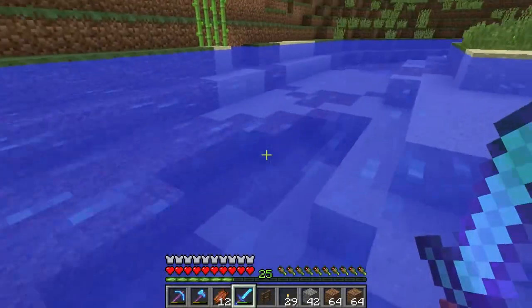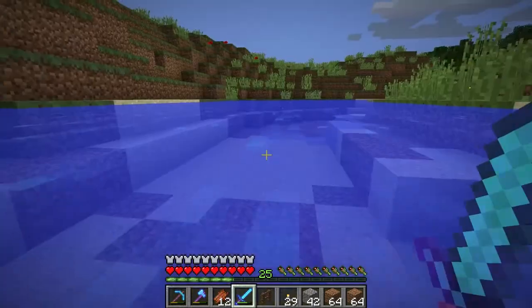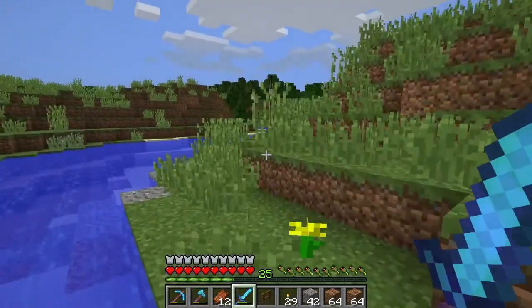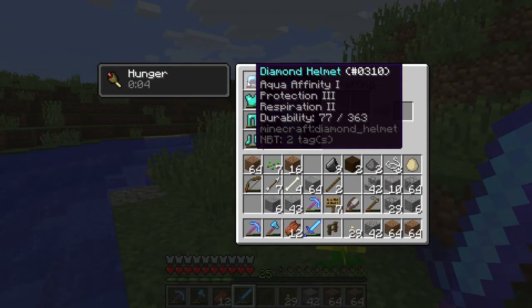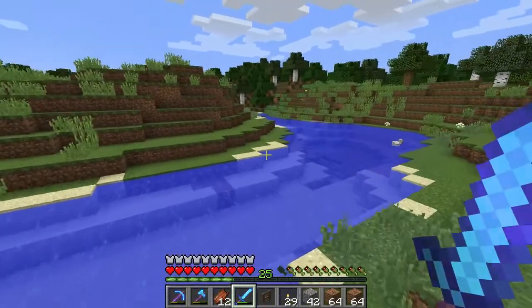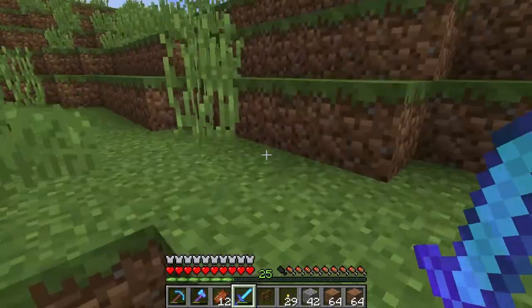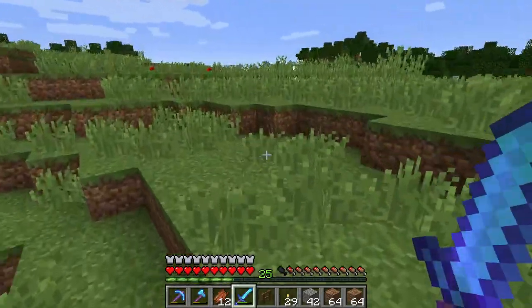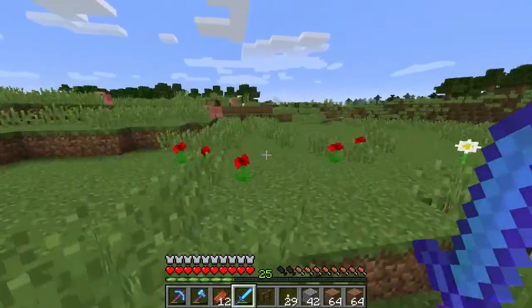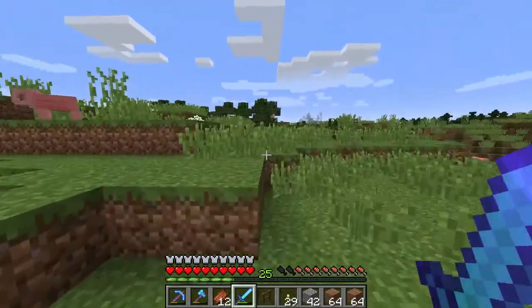I kind of want... Oh, yeah, check this out. I got Depth Strider. Oh, wait, no. Is that on... That's because I have Aqua Affinity. I don't have Depth Strider on this because my armor was actually pre-Depth Strider, I think. Maybe it wasn't. I don't know. Anyways. Are we there yet? Almost. So it's right across from our village here. So,